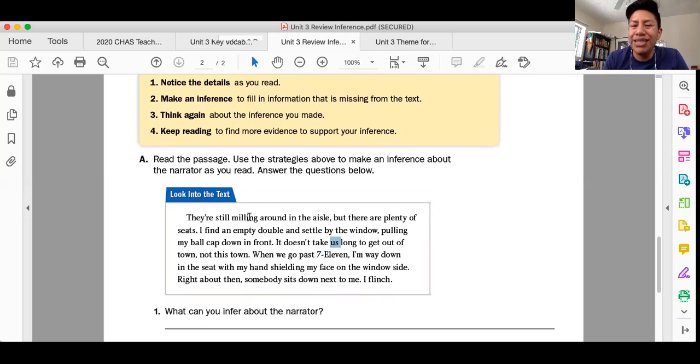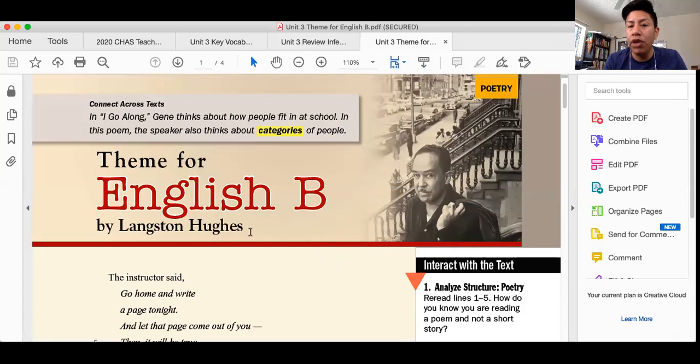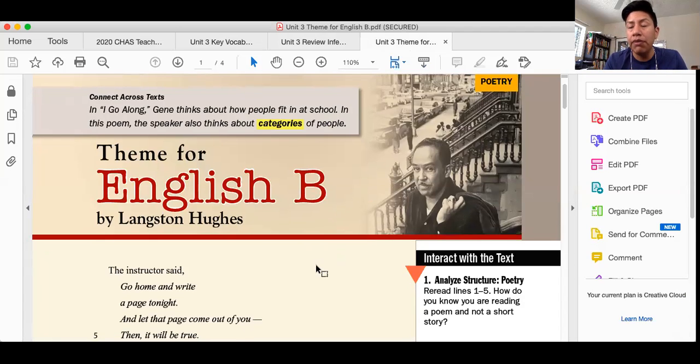Okay, so what can we infer, right? That means like, what can we tell? We can tell many things about the person and how they are feeling. We can also tell a little bit about where they are. But of course, when we continue to read the story, we will find more details. Okay, so I just want you to think of this practice of inferring. Okay, so now the poem for this week is called Theme for English B. Okay, you will have it for you to read and read again, but I'm going to read it out loud.